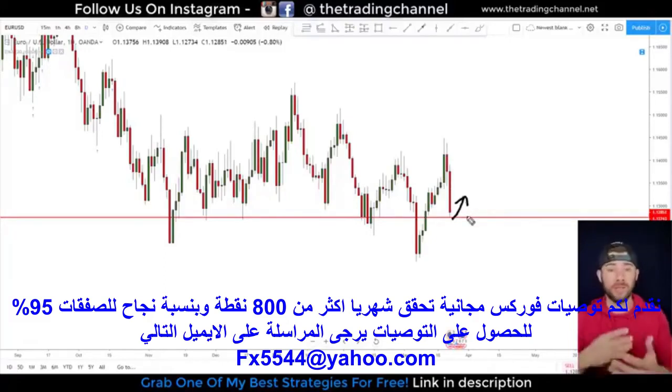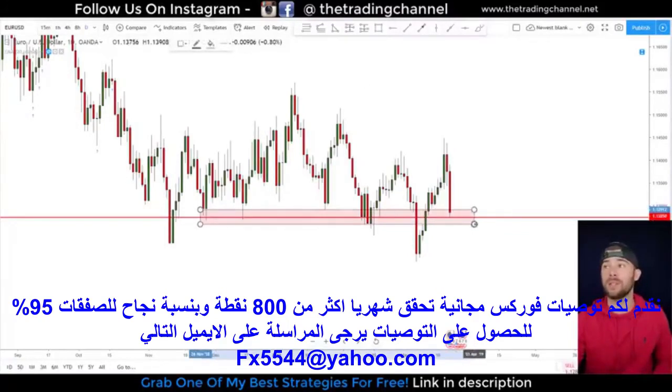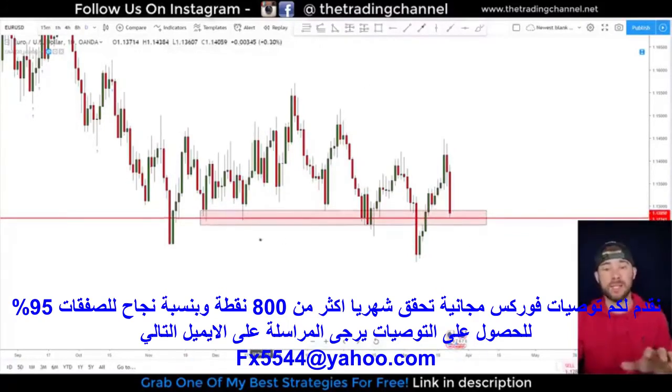Now, the beauty of doing this analysis on the daily chart is that if you trade any other time frame, you can right now say, okay, this is a zone of support. I'm looking at this right here as a zone of support because it's been tested multiple times in the past. Now that we're at this zone of support, what I want to do is change my bias. Instead of being short, because we were in a downtrend, now my bias is long. Just until we get out of this zone, my bias is long to see a move higher, a possible bounce